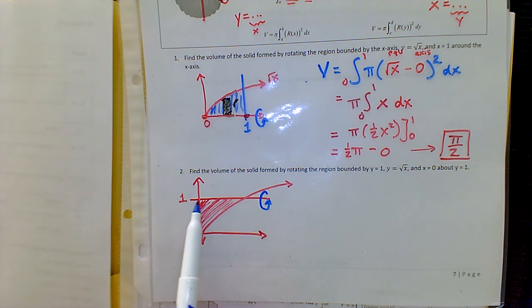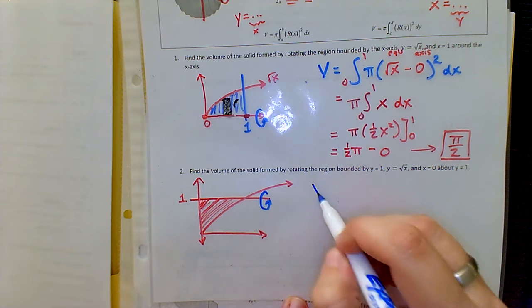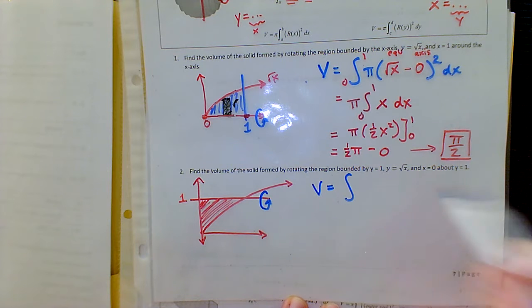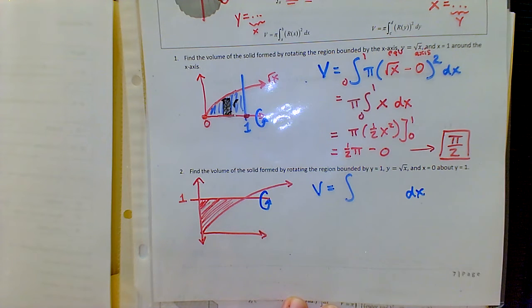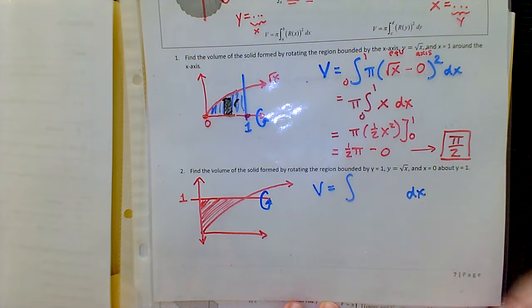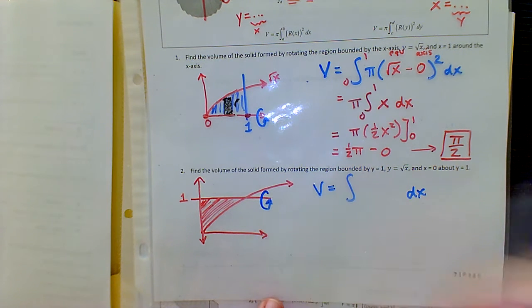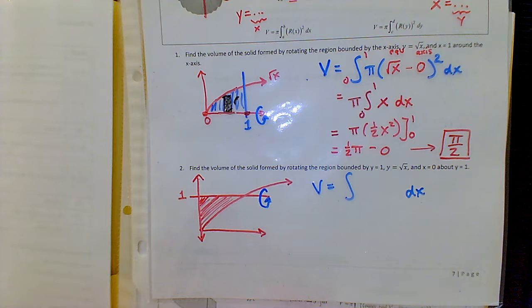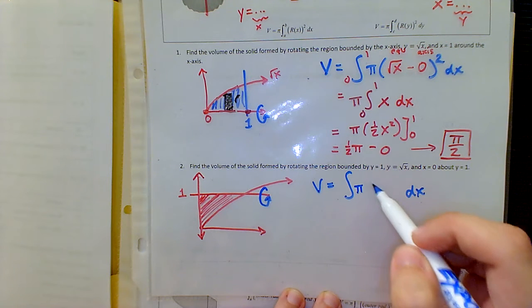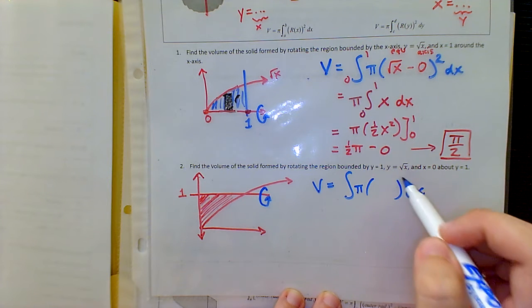Notice how the axis of rotation is another horizontal line, right? So in terms of our volume, we need a dx. It's another horizontal line. So if we're going to find volume, we have to integrate area. Notice how we're rotating it in a circle. So we've got to integrate the area of a circle. We have pi, and then we've got to figure out what this